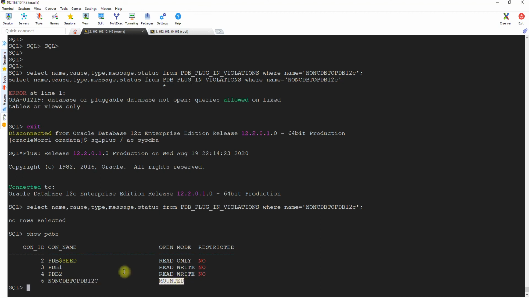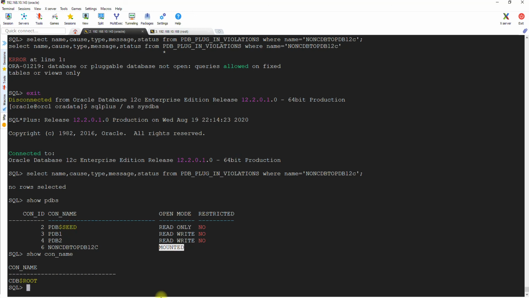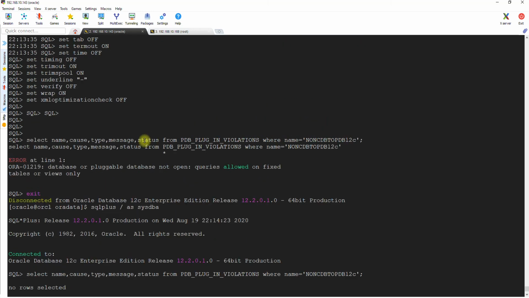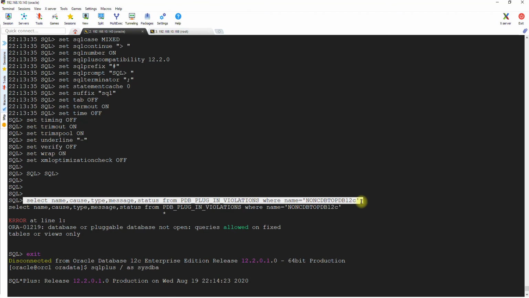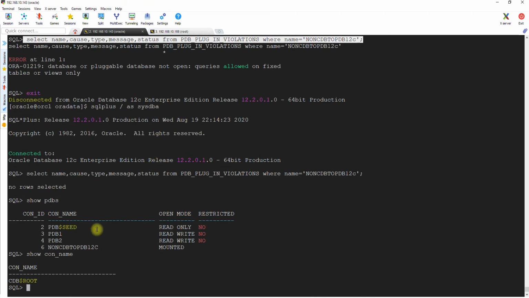So always remember, because this is a multi-tenant environment, there are pluggable as well as container databases. If you want to run specific queries on a specific database, make sure to validate with show container name. Run this one always and make a habit, and you will know where you are. Otherwise you will make mistakes like me. Sometimes it happens, right? We DBAs are not accustomed to this type of environment.